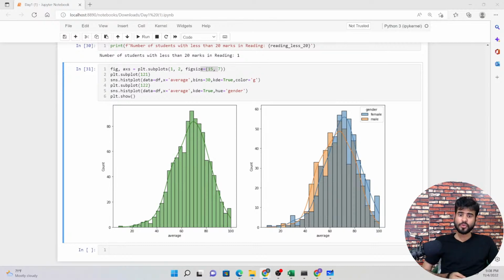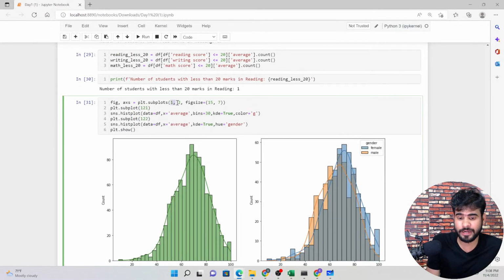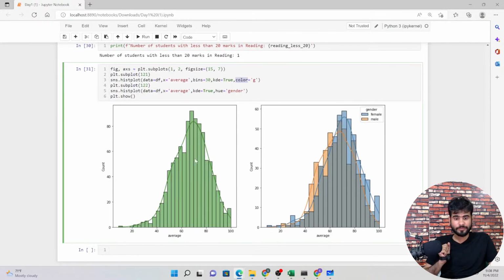Next, what I have done here is subplot 1, 2, 1. Why 1, 2, 1? The 1 and 2 mean one row, two columns, and the first graph is what I want. Here the second graph is what I want, so that's why I defined 2. And this is the hist plot that we have, where we have defined the function, average, wins, and the KDE plot. This is the KDE function graph that we have.